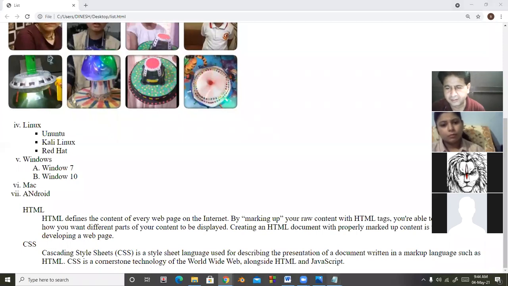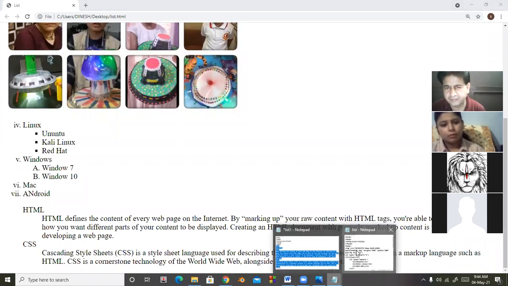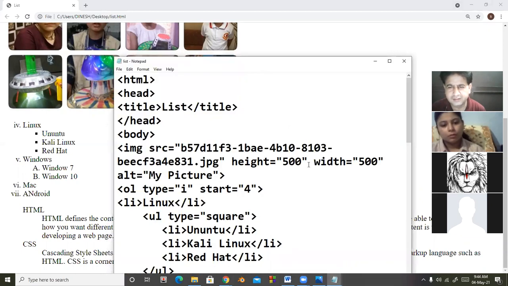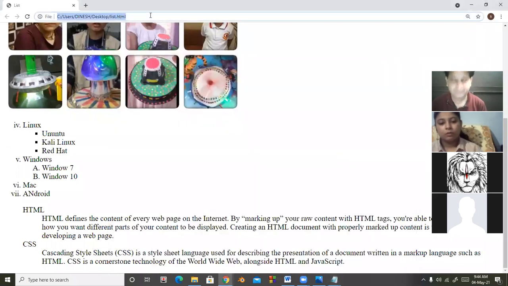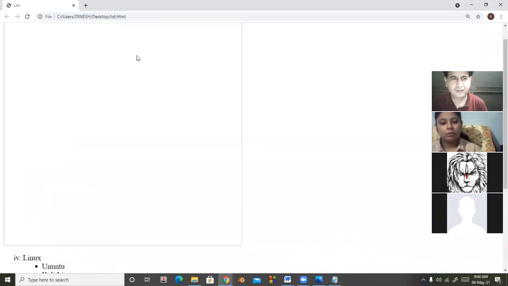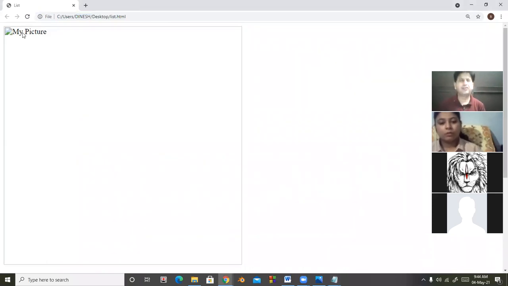So what I'm doing here, I am changing the name of the file. I'm removing one letter here, so the file name is wrong. So look at here, what happened? In place of the image, it displayed my text. That is the alternative text. If there is something wrong and the picture is not inserted in your document, in that case, the alternative text will be displayed.